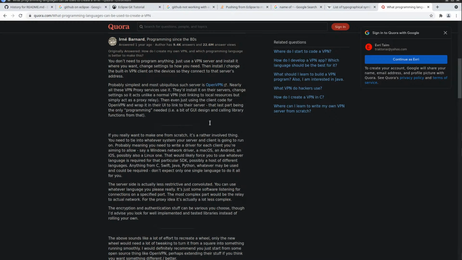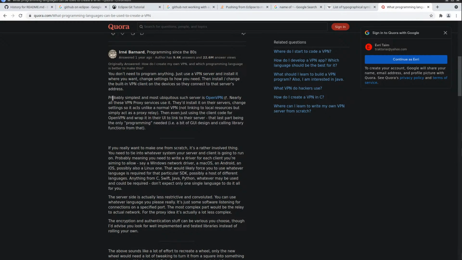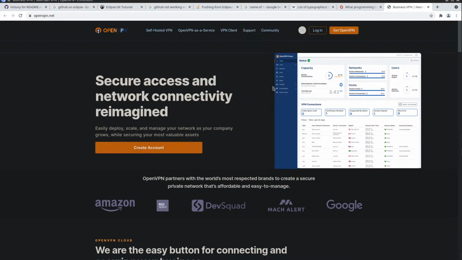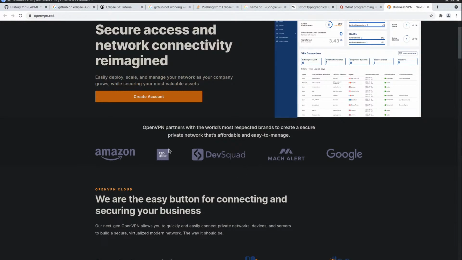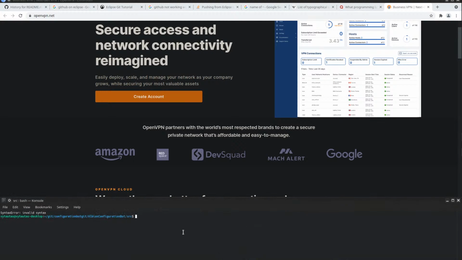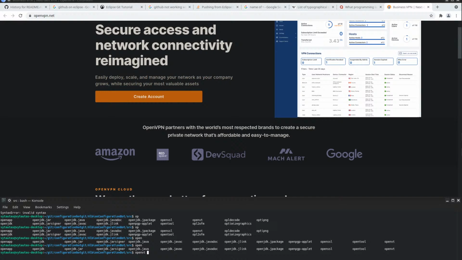Yeah, OpenVPN. This is what I saw. OpenVPN is actually a very good piece of software, and it's used very widely. Yeah, it indicates all of these are OpenVPN partners, and I'm pretty sure OpenVPN is even included in the Linux distribution. So if I do open, oh, actually it's not.